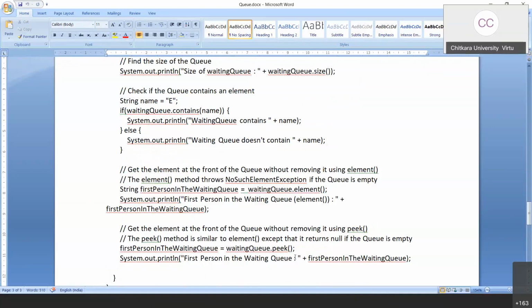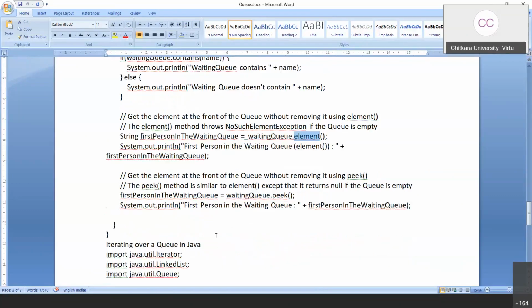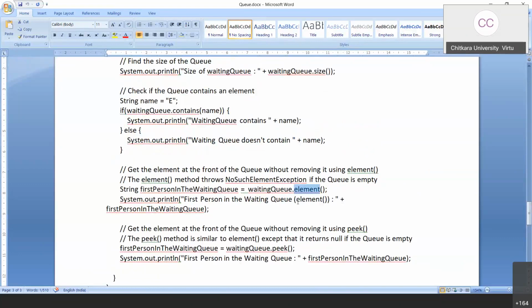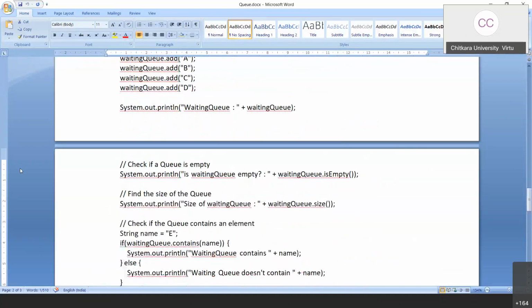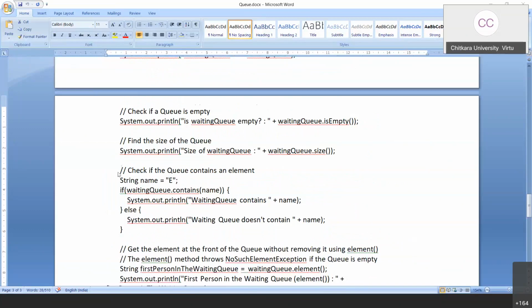Now, what I want you to do is use the peek function and check whether it is working or not. I also want you to check whether element works or not. After that, go to the documentation and tell me, are these one and the same or is there any difference between them? This is for the first two elements. This is for checking the contents. And interestingly, the last part,